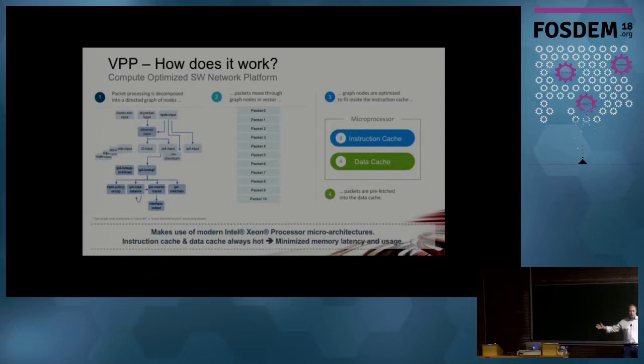So this bunch of packets is actually called a vector. And what we will do is we will execute a limited number of lines of code on this bunch of packets. With that, we make sure that the code is always, or 99% of the cases, in the cache, and then all the packets will take benefit of that, because the penalty to fetch the code from central memory is actually huge when you are processing millions of packets per second. So that's really what VPP is about. So that's secret sauce number one.